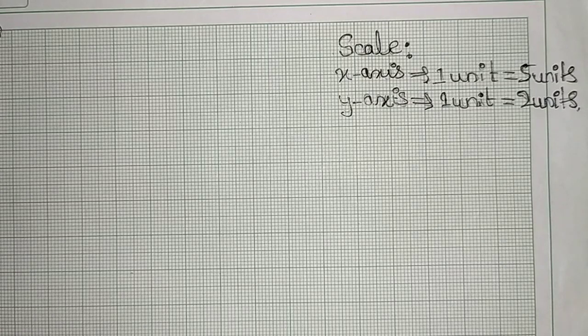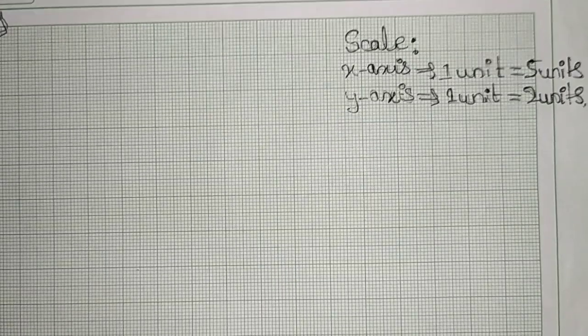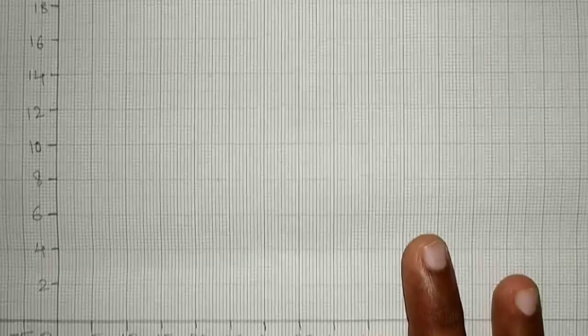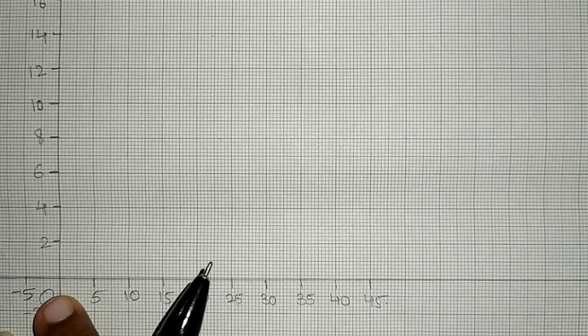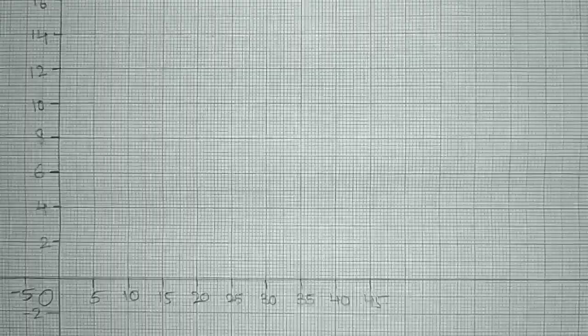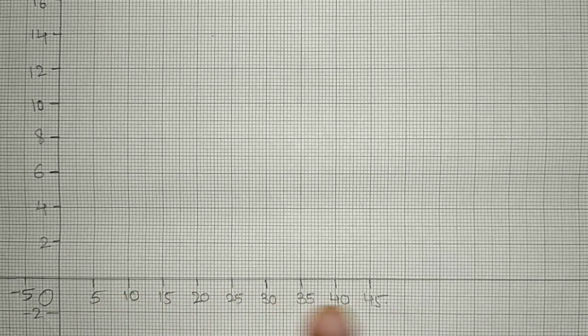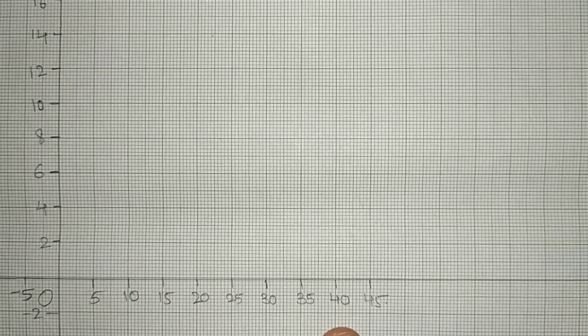Don't worry, in most cases you won't get these kinds of situations where you will have to adjust the scale of the Cartesian plane. Most of the time you will make use of the usual scale which you have learned so far. So now you can look here, this is my y-axis. I have taken the numbers up to 18, starting from 0, O. And on the x-axis, I have taken the numbers from 0, 5, 10, 15, because I have adjusted the scale on the x-axis.